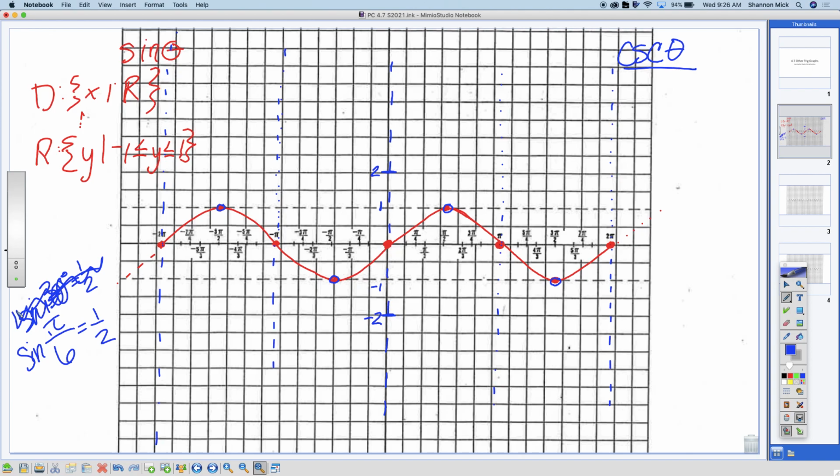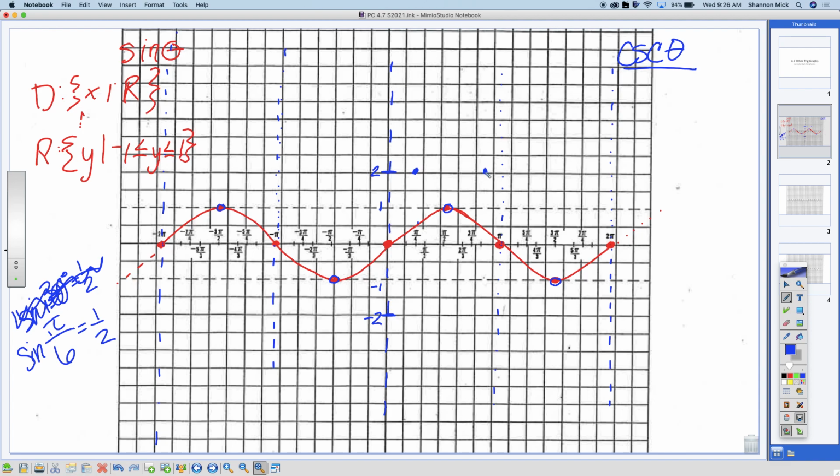Okay. So this is pi over 4 right here. So that next little line, not on the grid, but right next to it, if you look on your paper, you should see it better than mine. That would be 1/2. Well, just do it this way. This is 1, and this is 1/2, yes? This line right here is 1/2? So every time this graph hits 1/2, we're going to reciprocate it to what? 2. So make a 2 point. So every time you hit the 1/2 line, or negative 1/2,